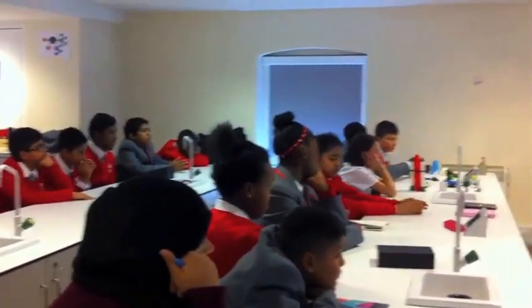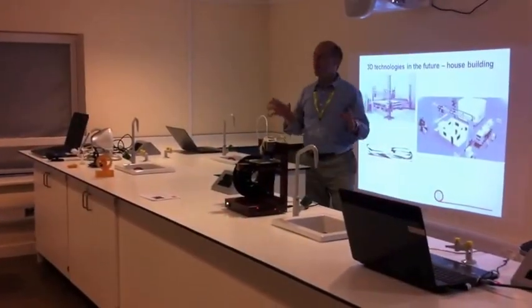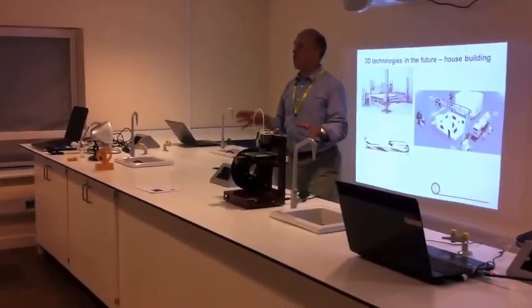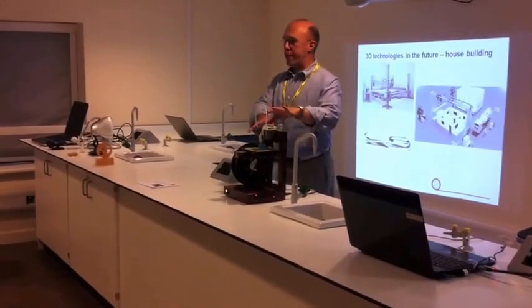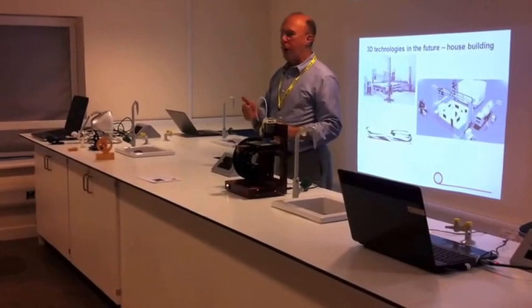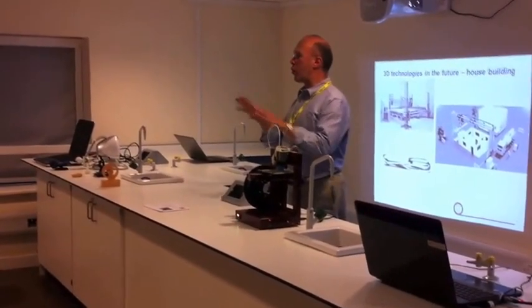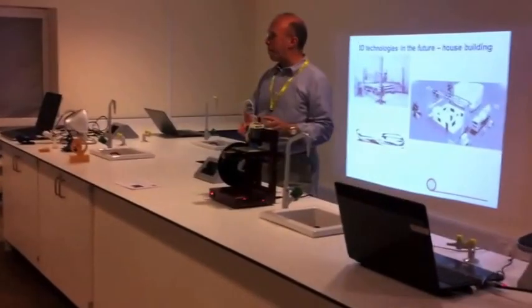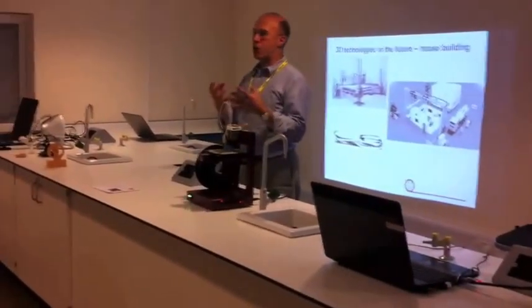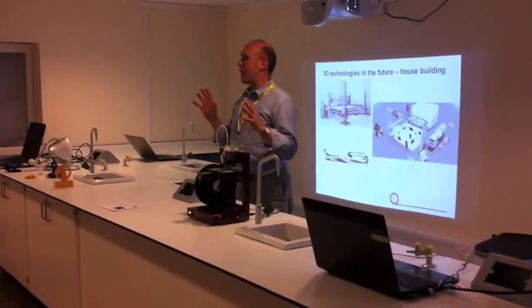Could you make anything? You can't make anything. You could, but the thing is that the machines are limited as to what material they can use. So with this machine, we can print 3 types of material. One is a material called ABS. So on your car, the dashboard or the bumper, that might be made of ABS. It's a strong engineering plastic. I'll come back to it in a second. Secondly,